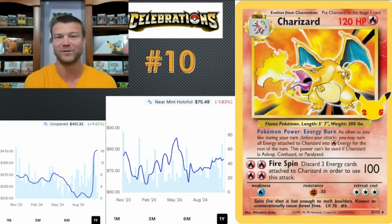However, what we have been talking about as this card has been on and off the list is the price of that Ultra Premium Collection box, which I have there on the left-hand side. It was at $270 for a lot of the year. And then really in May, it started working its way down. And then when it hit that $330 level in August, we raised our hands and we're like, all right, listen,